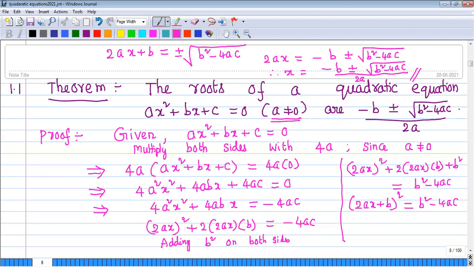This was given by the great Indian mathematician Sridharacharya. It was a very easy method he proposed, but later, even if you go to the USA or UK, in the USA different states have different proofs. They have very complicated methods compared to our methods. This is called the completing square method. In 10th class also, in the examination you have the completing square method: solve the quadratic equation by using the completing square method. So this method also can be done like this, by taking a common out. Also we can make a perfect square, then you can solve it. In the 10th class textbook you may find it like that also.